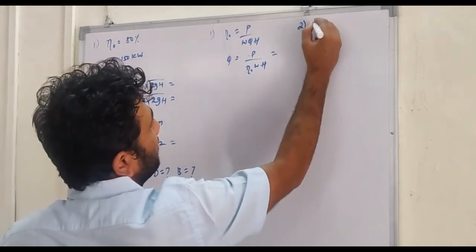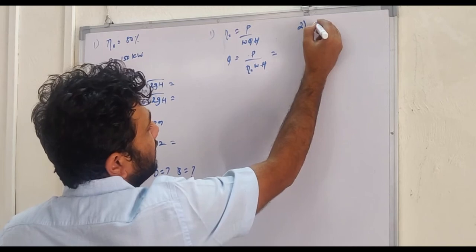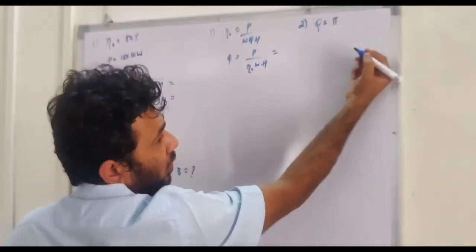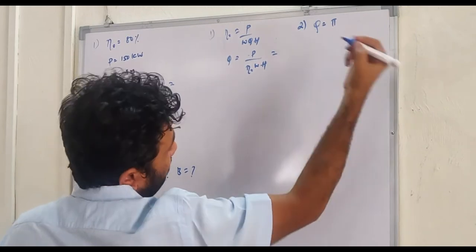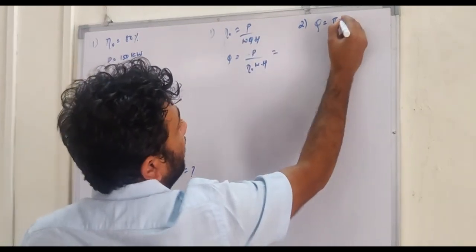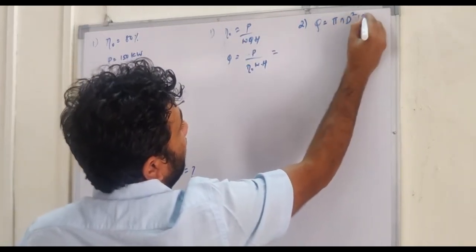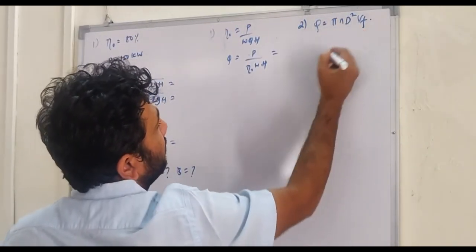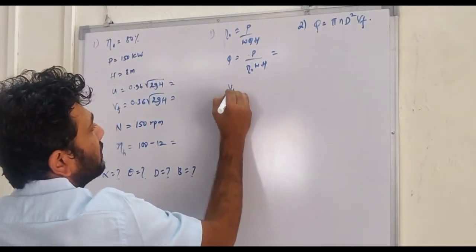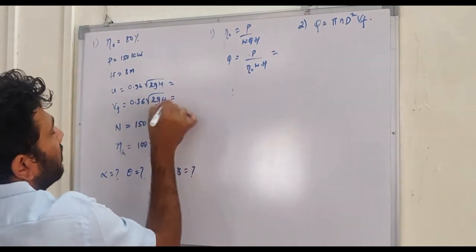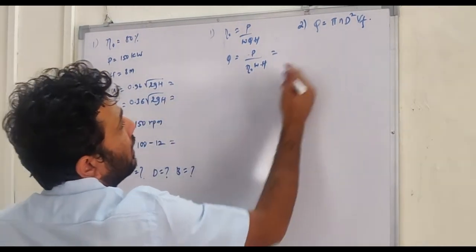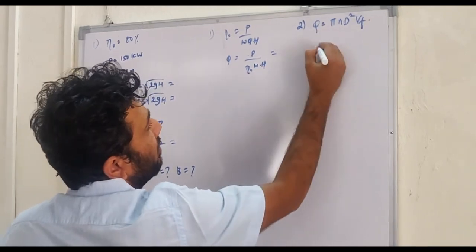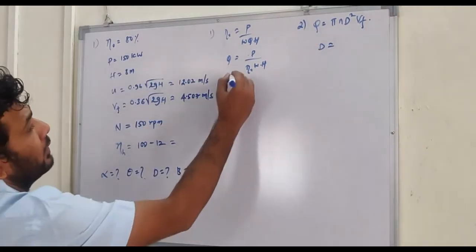From the next step, what is the given value? What is the equation we had? Q is equals to pi. We do not know what is the value of K, so that's why we'll consider K is equals to 1. n into D square into Vf, right? So pi n D square into Vf. So let us also calculate how much is Vf. Okay, Vf is to be calculated over here. Okay. So in this equation, once you solve discharge, you tell me how much is capital D.